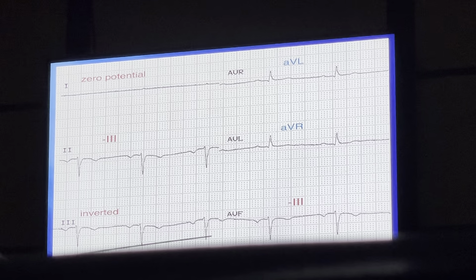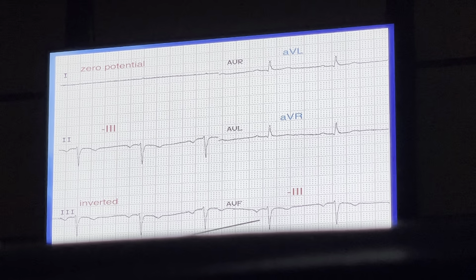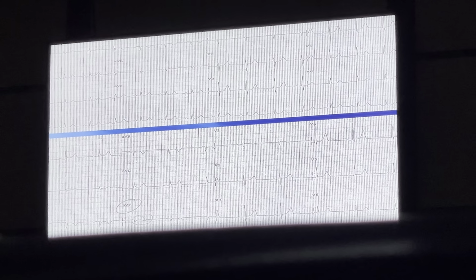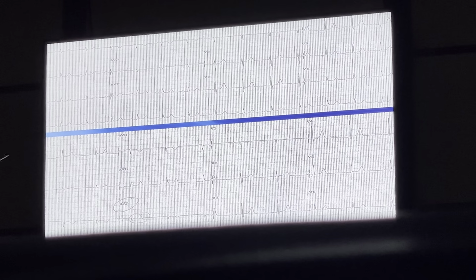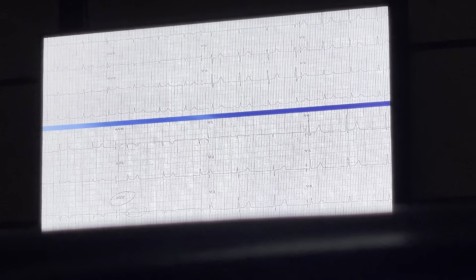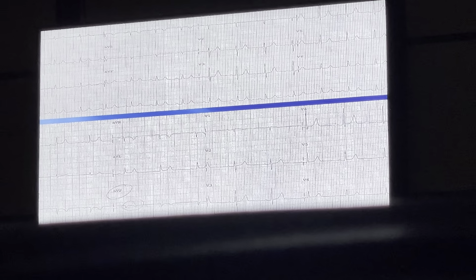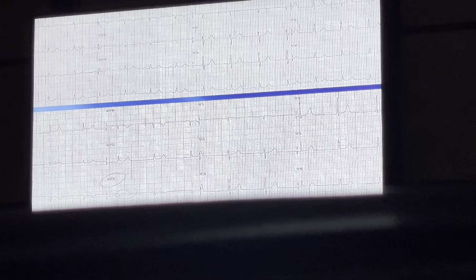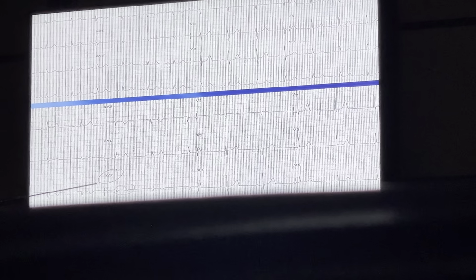So this is not the inferior wall MI. This is lead reversal, because P waves are inverted over here. Next. What is this? So I give you a brief story. This patient comes with chest pain and the first ECG was done at this level. After 1 hour, some PGY who was sitting in the emergency asked the patient to do the second ECG, and this was like this.